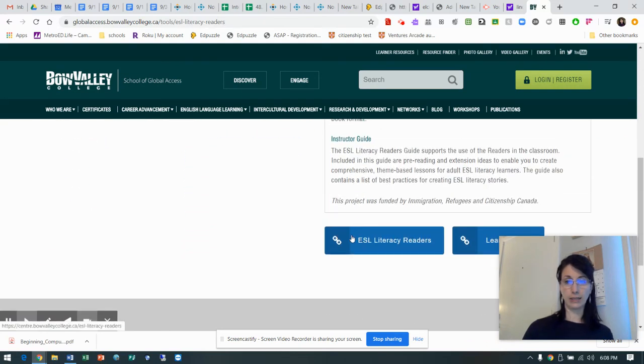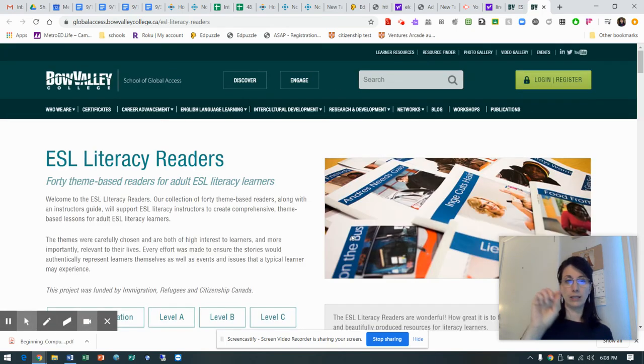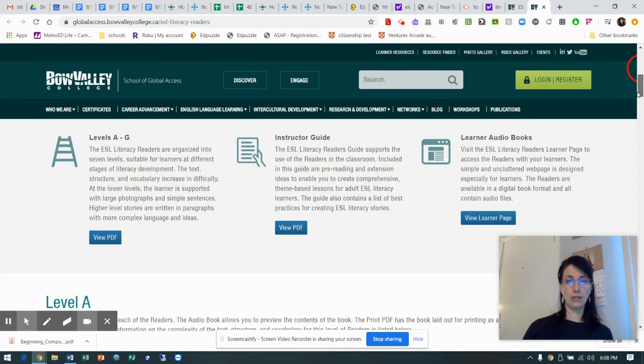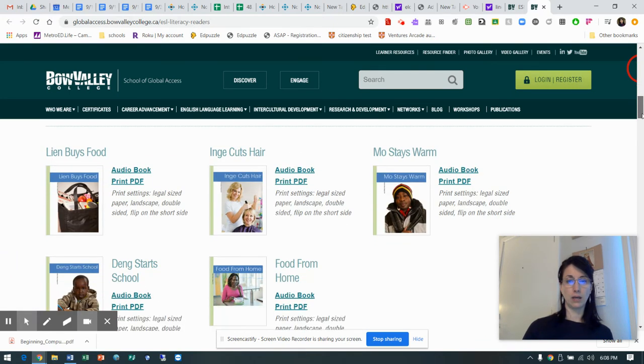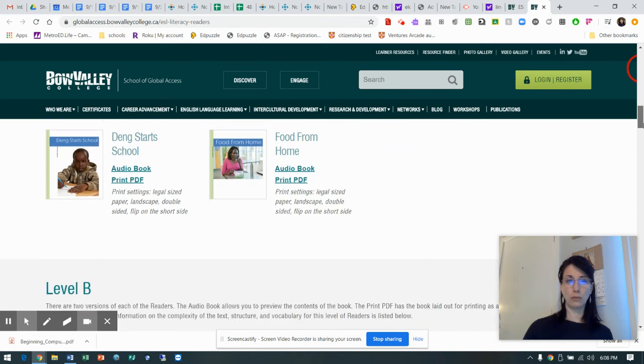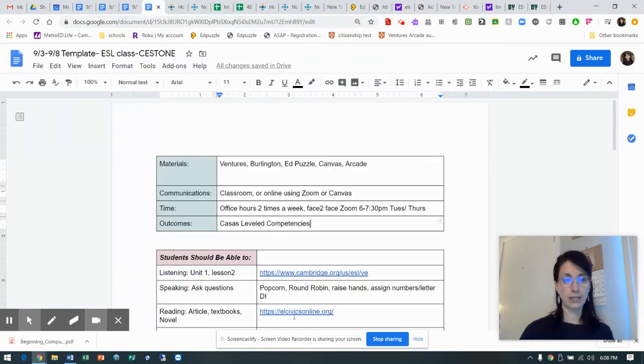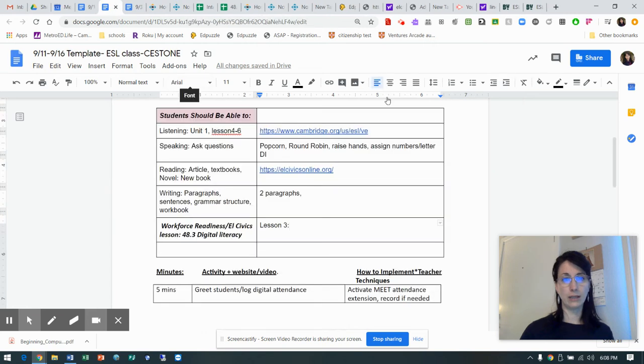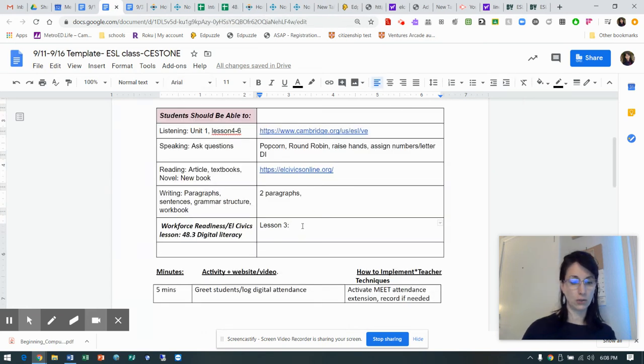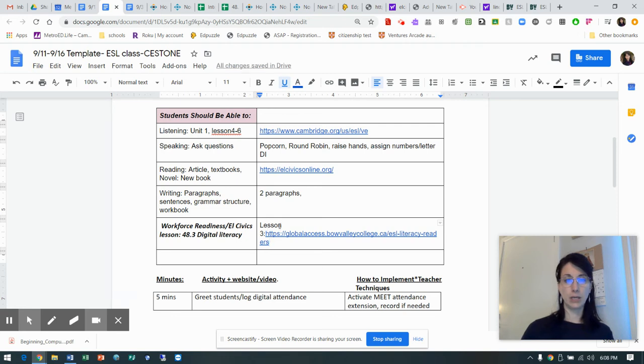And I can get the link. So usually there's a little link that takes us directly to what we're looking for, okay? And these are instructor guide things on cutting hair with an audiobook, food from home. So what do I want to do? I want to go ahead and grab this as a reader, Control C, go back to my lesson plan. And in my reader, I say, okay, well, somewhere closer to the end of the month, for my reader, I'm going to go Control V, and that's going to take me to the EL Civics reader, the ESL literacy that I'm using, and that's out of Bow Valley College.